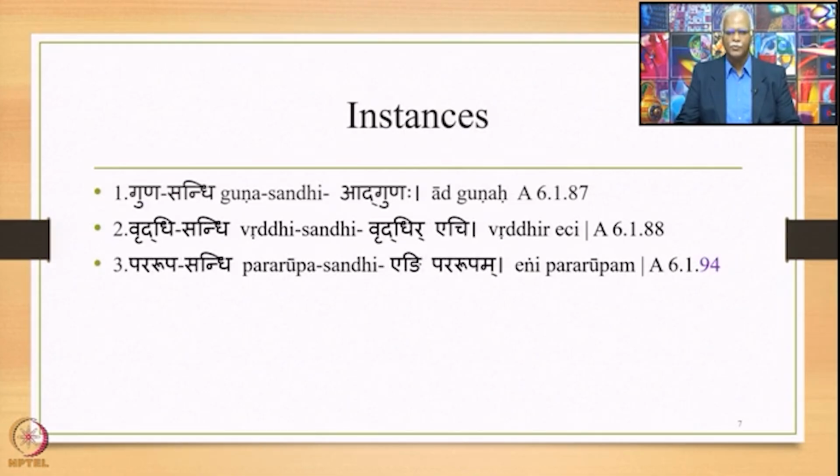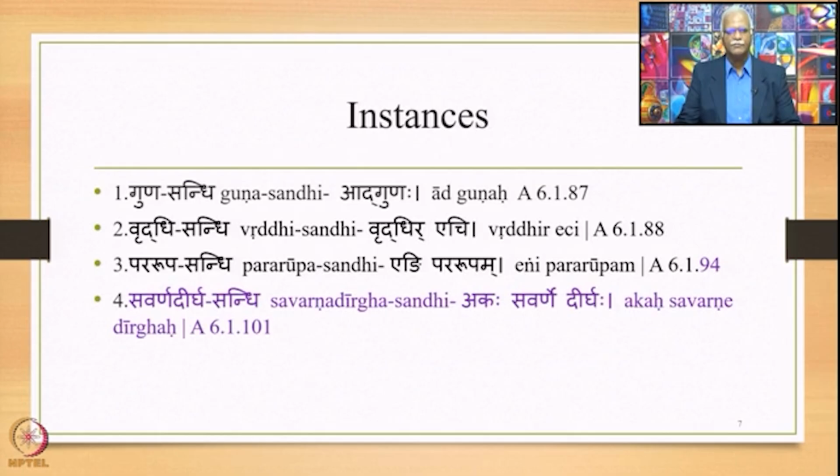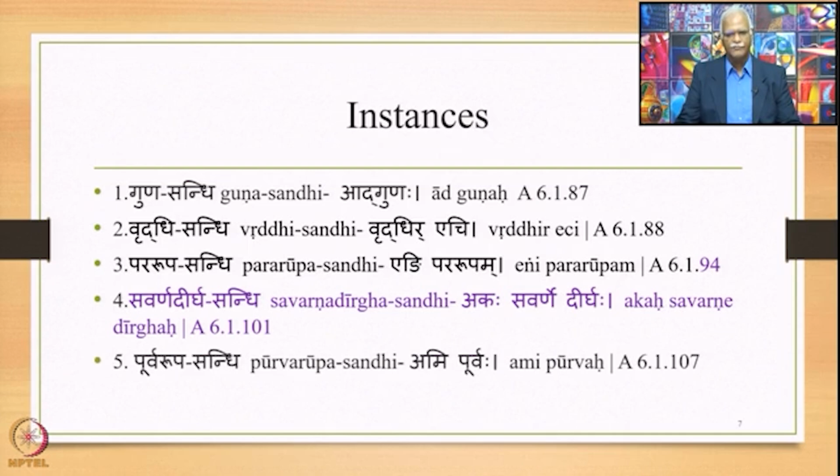Then there is Pararupa Sandhi which is stated by the Sutra Engi Pararupam 6.1.94 onwards. Then we have Savarna Dirgha Sandhi, which is what we are studying currently, stated by the Sutra Akas Savarne Dirghaha 6.1.101. And finally Purvarupa Sandhi, stated by the Sutra Ami Purvaha